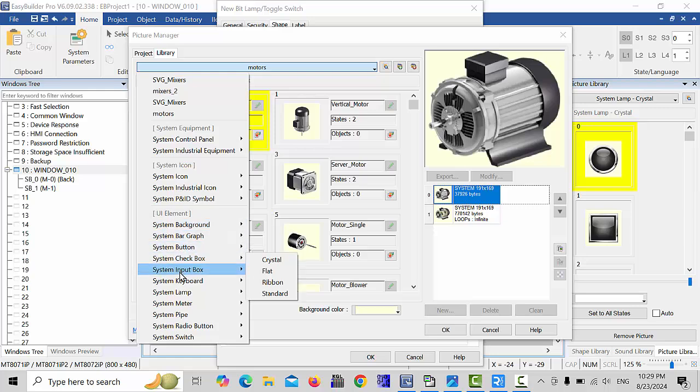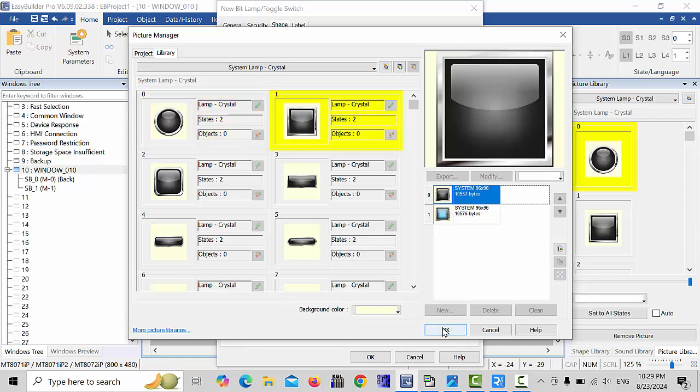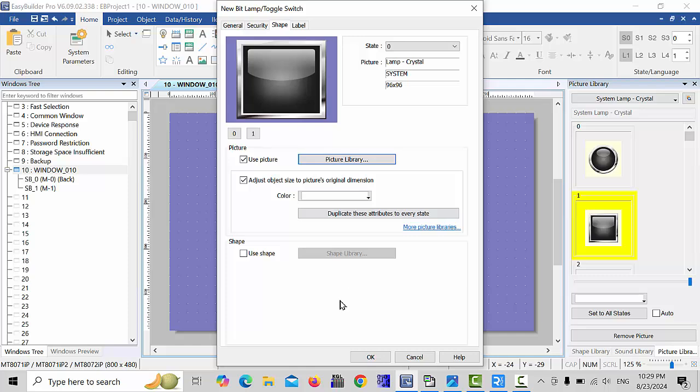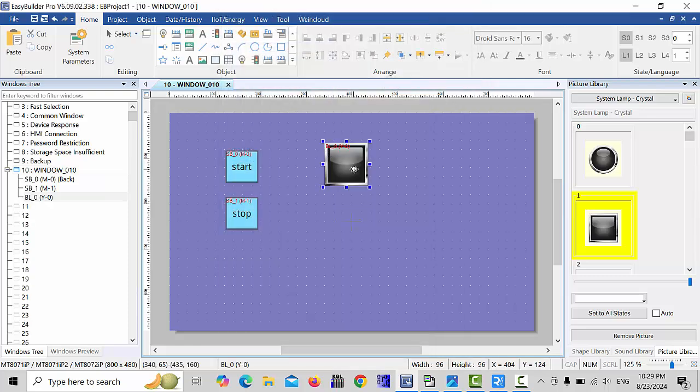And shape, here we can go to the picture library, and here you can check the lamps. For example, this is the simple lamp, this is the crystal, any type you can choose, depending on your choice, and click it OK. Then anywhere you can place it, and make it Control C and